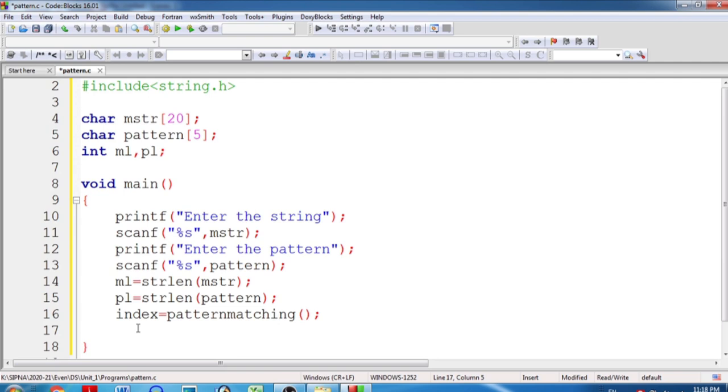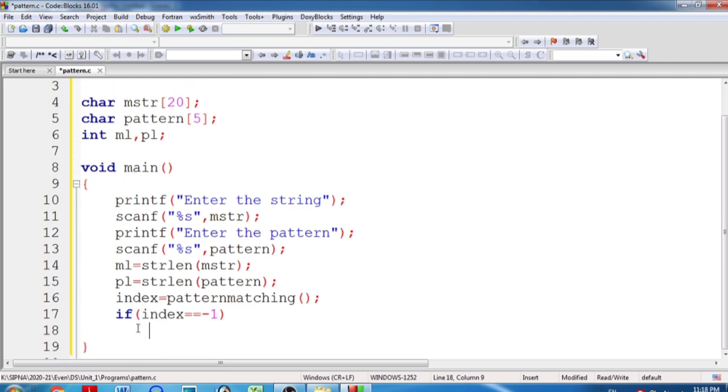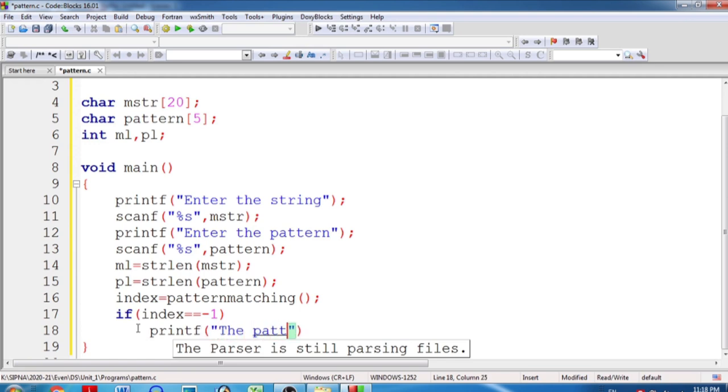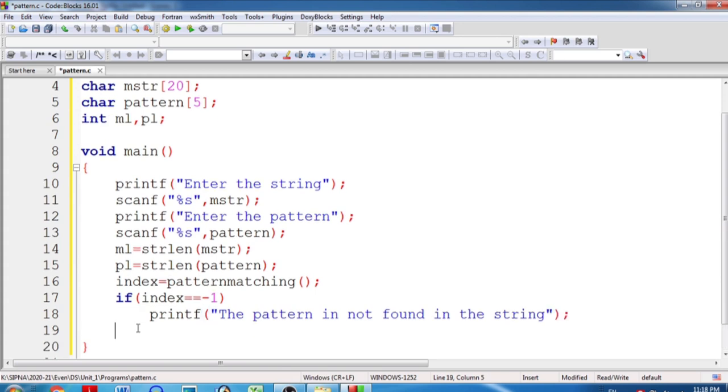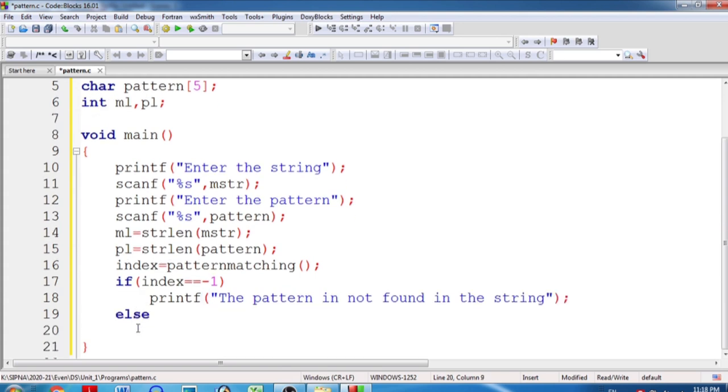Then we will check if index is equal to -1. If it is returning -1, that means the pattern is not found in the string. So printf, the pattern is not found in the string. And there will be an else part.